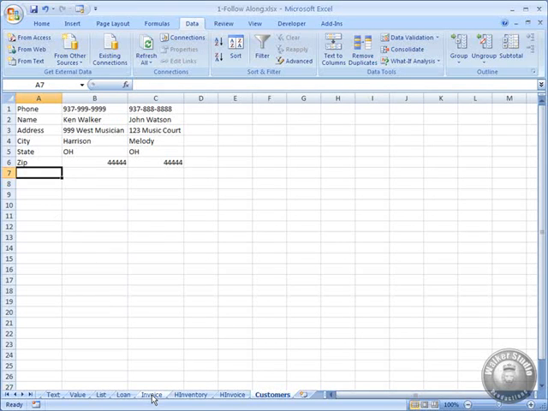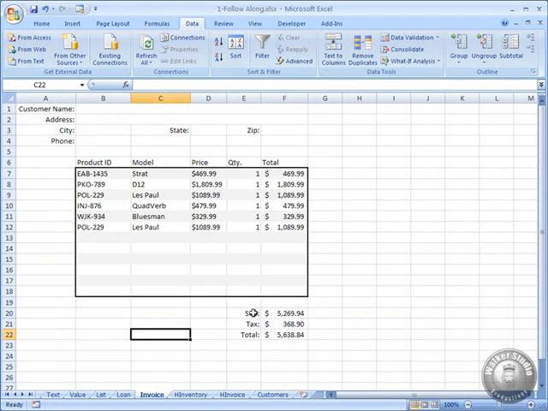So let's go back to the invoice. Let's note some things here first. B1 is our phone number. B2 is the name. We need to just kind of make a mental note of all this stuff so we don't have to hop back and forth too much. But what we want is a drop down here for the phone number. And I'll go to data validation